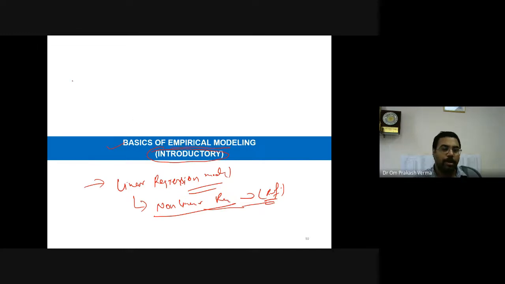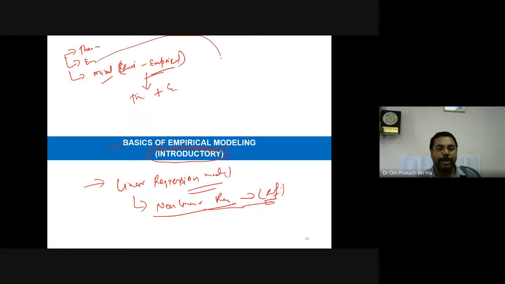We have already discussed that models are generally based on theoretical models as well as empirical models, and the third one was the mixed, semi-empirical model. In the semi-empirical model, we utilize both concepts, theoretical as well as empirical. However, in the empirical model, we try to develop the model